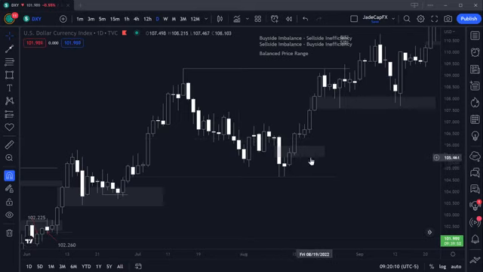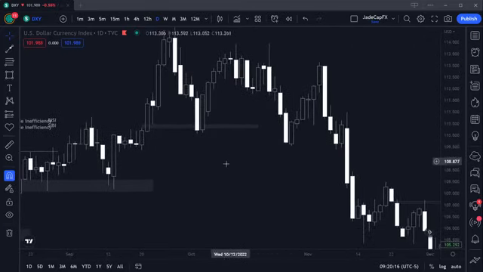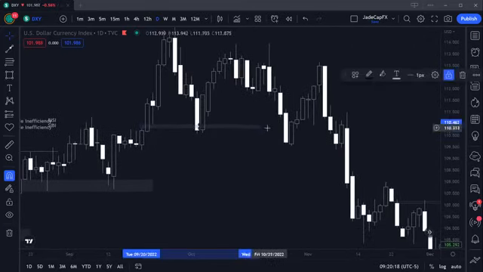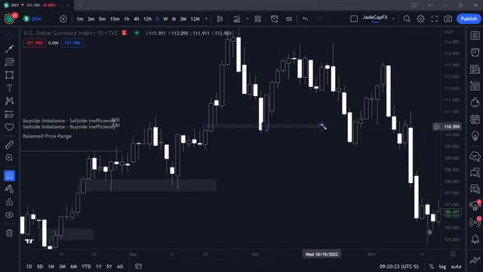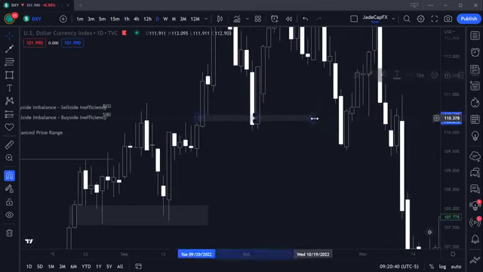What does the market do after it hits those levels? We can find a possible balanced price range in here. Like if we were to extend this, right? This is the buy side imbalance. They offered sell side here before it rejected, right? If you're trying to go long, you're just trying to buy it inside the buy side imbalance at a discount. If we were to extend this rectangle,